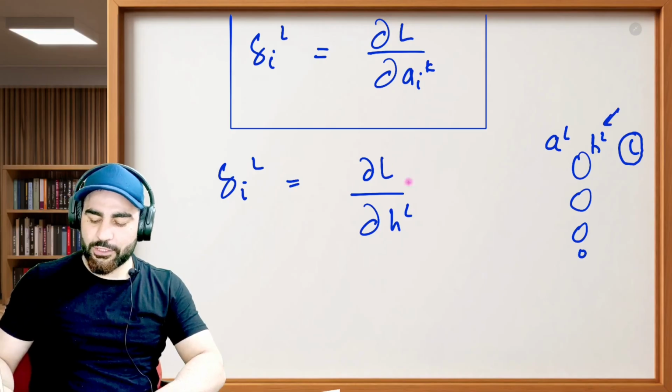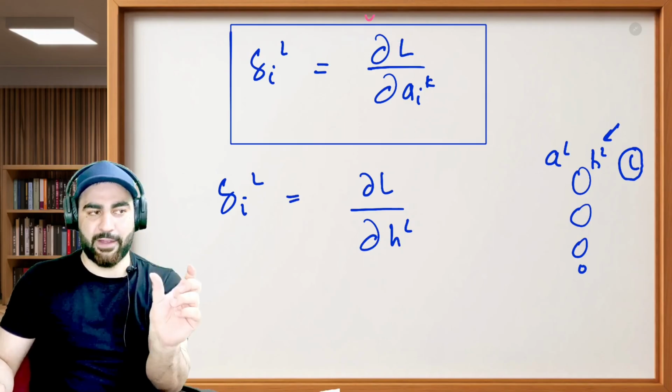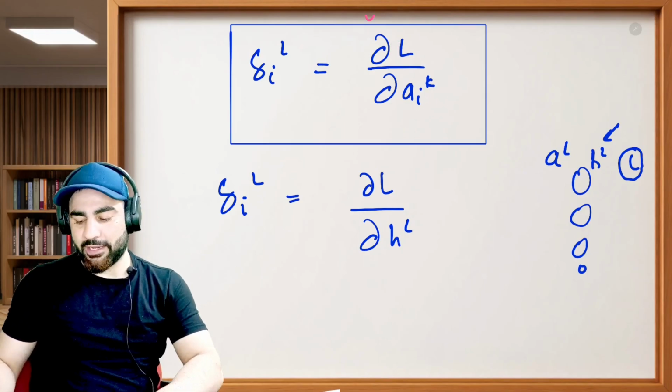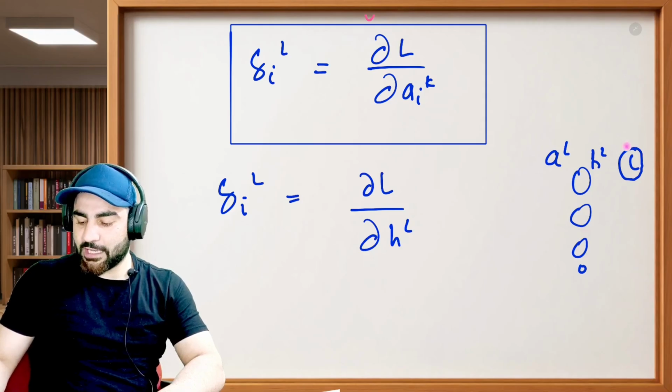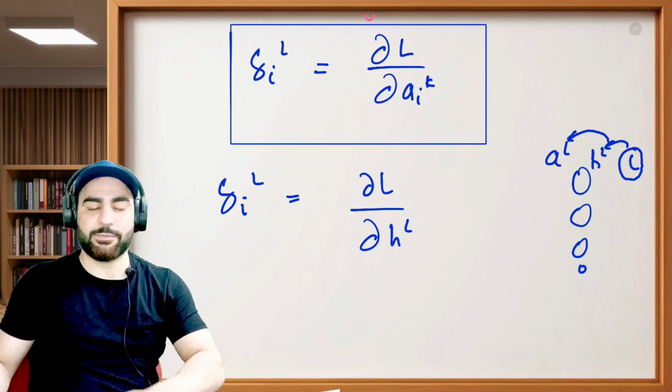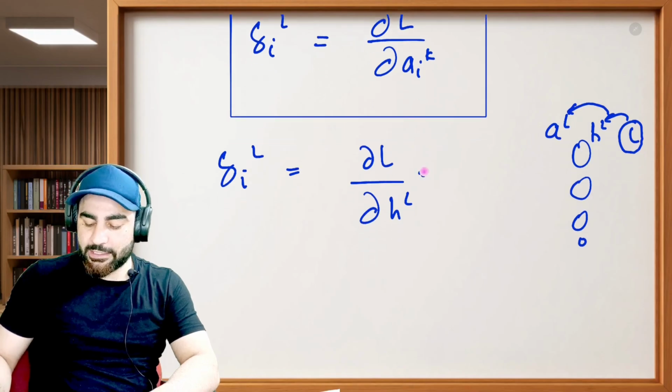Once you want to compute this, you want to compute ∂L by ∂a_ik. That is, you want to compute how this loss function is impacted by the pre-activation values, this a_ik. So how can I compute that? First, you know that this is connected by this. So this L, the loss, is connected by this, which is connected by this. Basically, it is impacted by these things. So we will first take the derivative of this loss function with respect to this h_L, and then we will take the derivative of